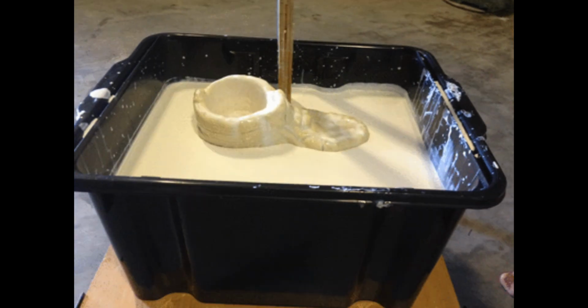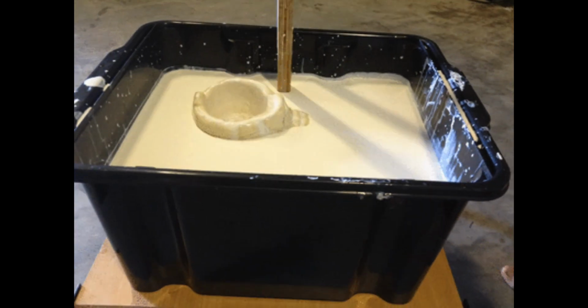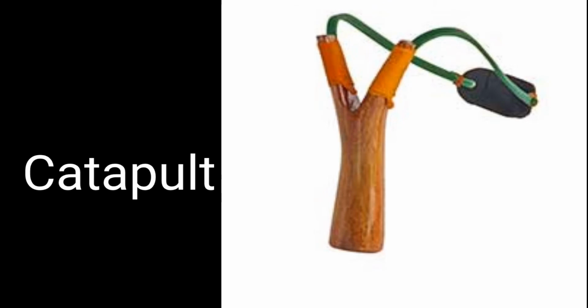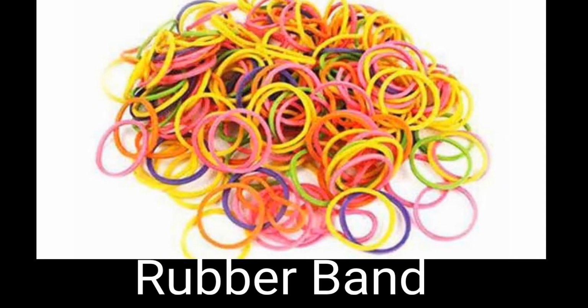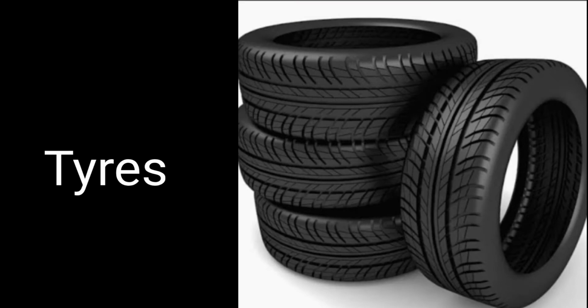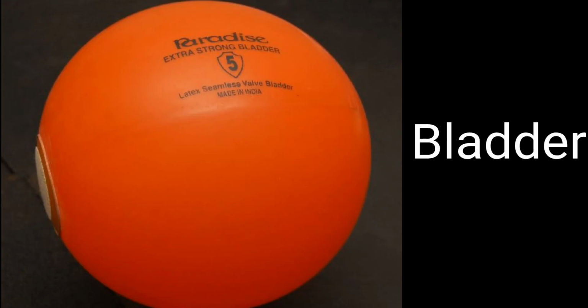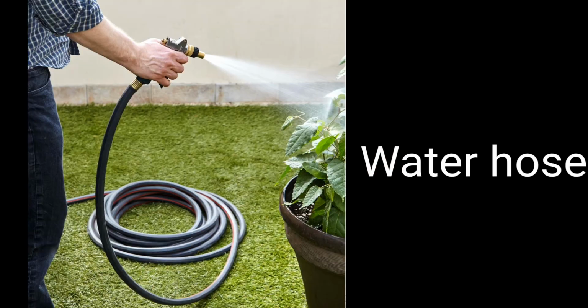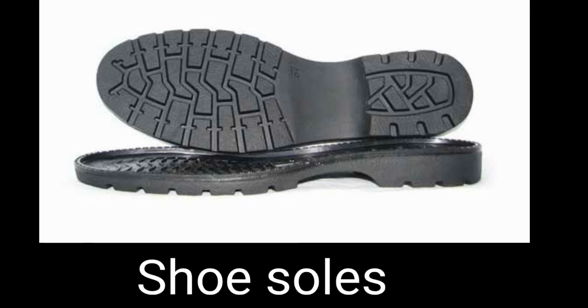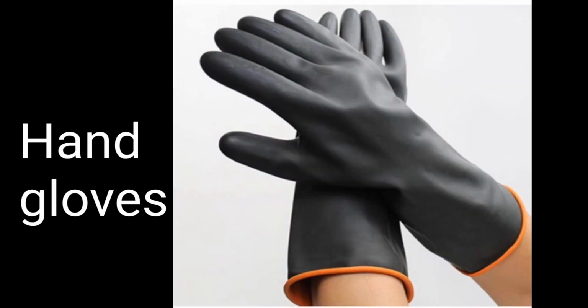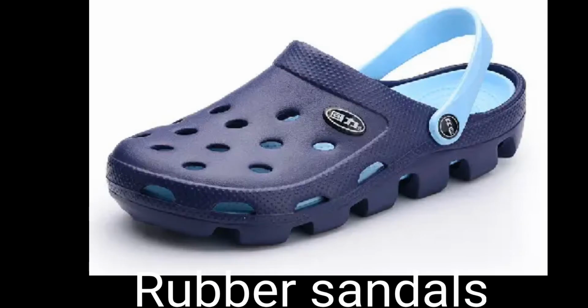Having said that, let us look at some of the uses of rubber. Some of the articles commonly made of rubber are catapults, rubber bands, tires, tubes, bladders, water hoses, soles of shoes, hand gloves, rubber sandals,